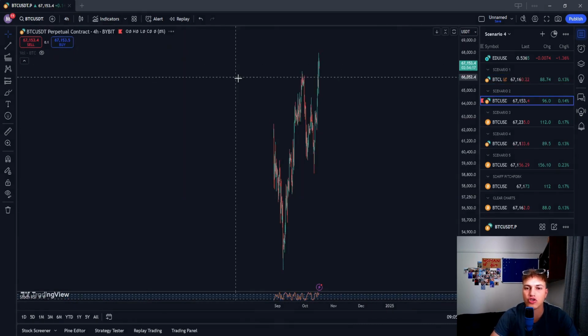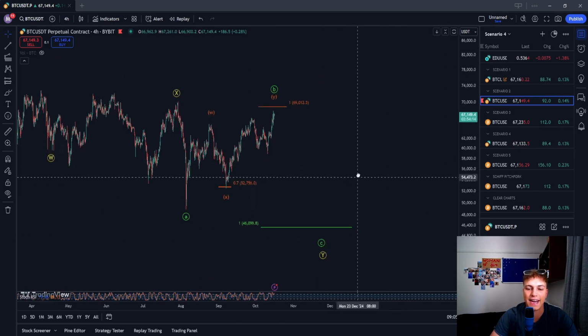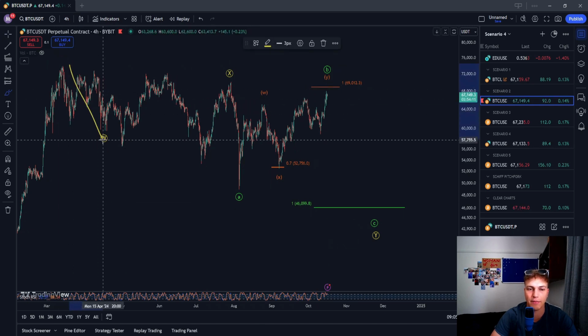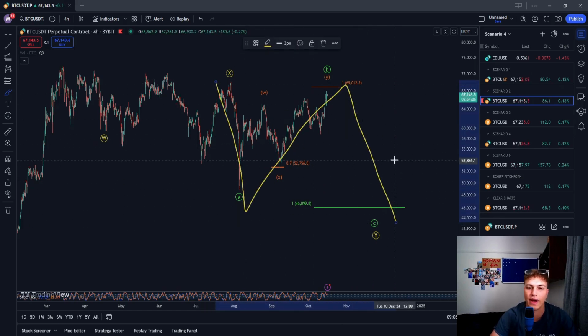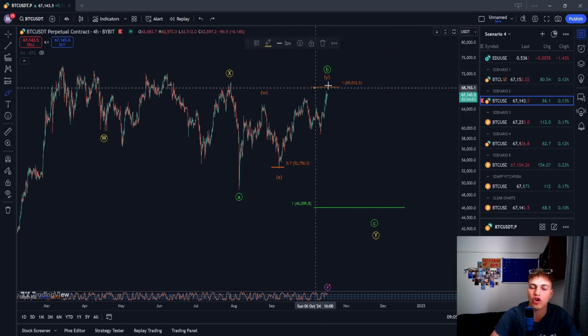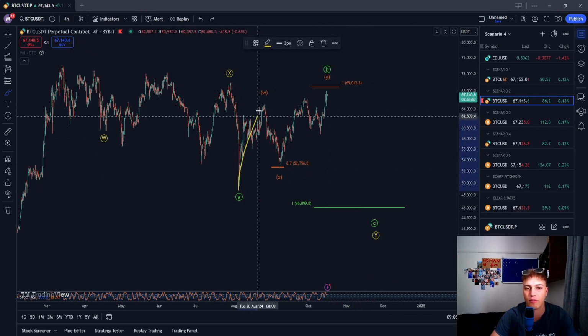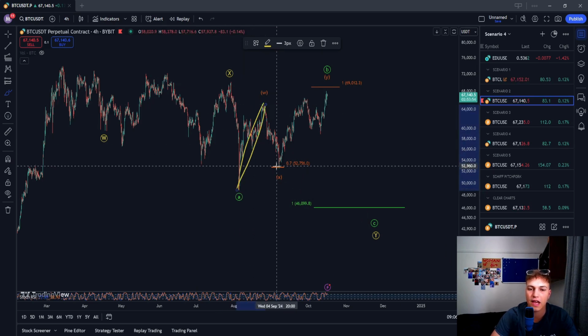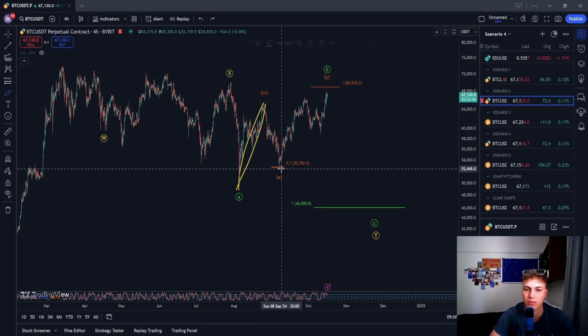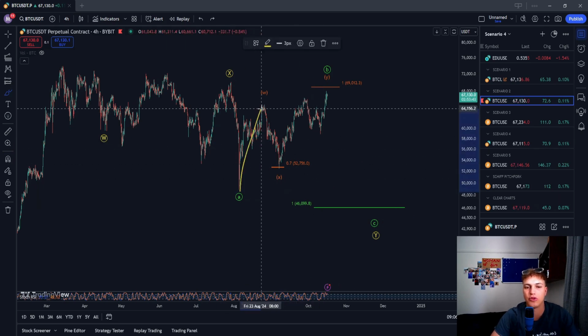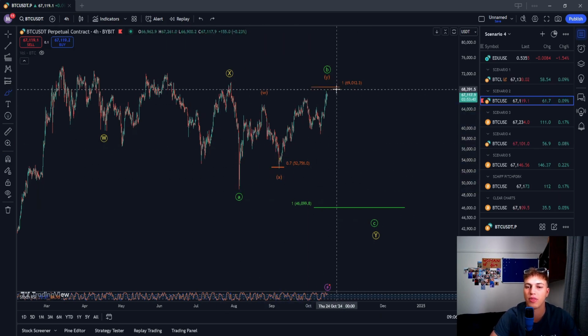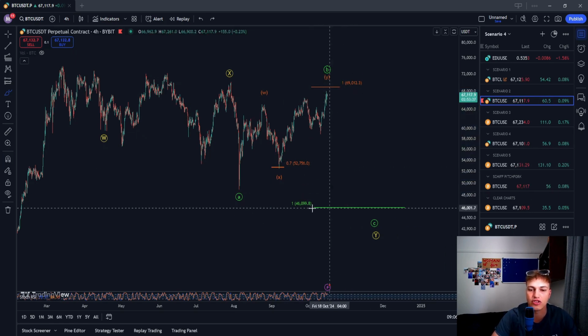Then on scenario 2, we have this move here, an unfinished WXY. Inside the Y wave, we have an A, B, and a wave C. So the B wave target at the moment is the 1-to-1 at $69,012, measured from this wave up to the bottom of this wave X, and now we are looking for that wave Y, possibly an A, B, C here. That would be the move in the WXY, hitting that B wave, and then from there we come to the downside, targeting that 1-to-1 at